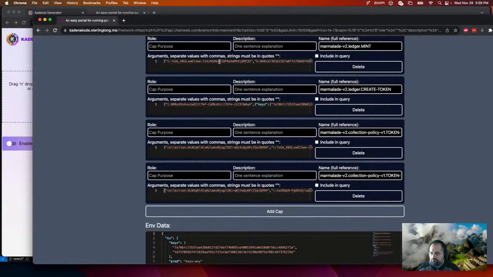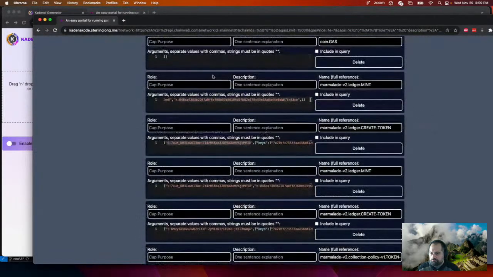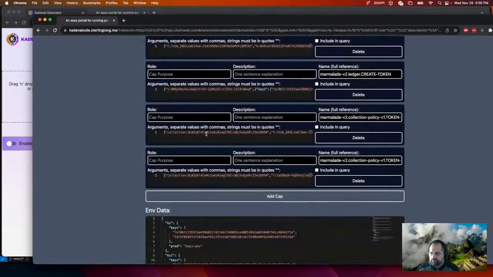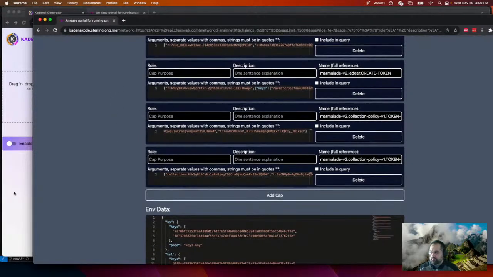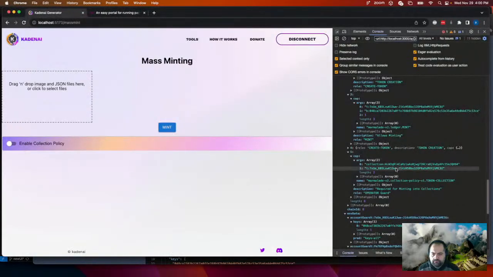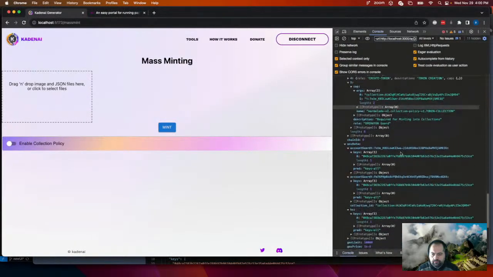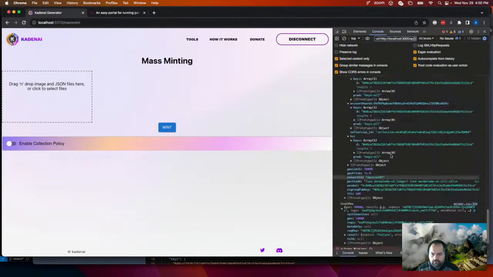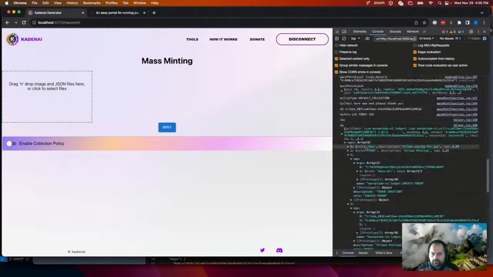Collection. Almost done. Almost done. Okay. Token one done. What's my other token? The other one was